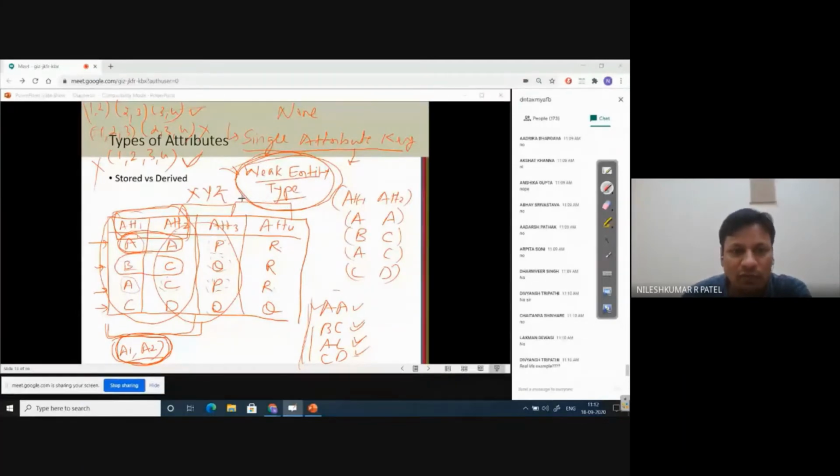So we tried with one attribute, single attribute key, then we tried with double attribute key, then triple attribute key, then four attribute key, and so on, and we are not able to find any key, right? So this is concept of key, right? And when we combine more than one attribute together to define a key, remember this also, right? I'm discussing important concepts of DBMS. So when we combine more than one attribute to define a key,